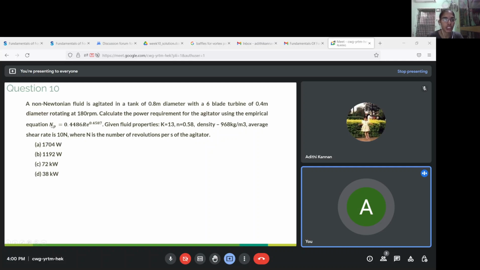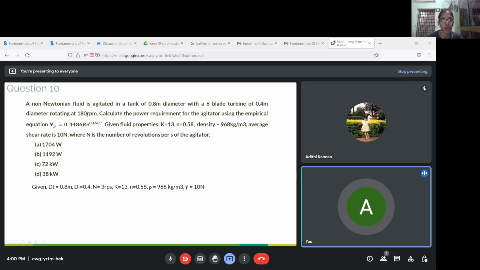So here, as we discussed before, your power number can be a function of your Reynolds number. This empirical equation states that your power number is a function of Reynolds number. So first we need to calculate the Reynolds number. From there we'll get the power number, and from the power number you can calculate the power requirement. The diameter of the tank is given as 0.8 meter, the diameter of the impeller is 0.4 meter, and you have the speed of your impeller,